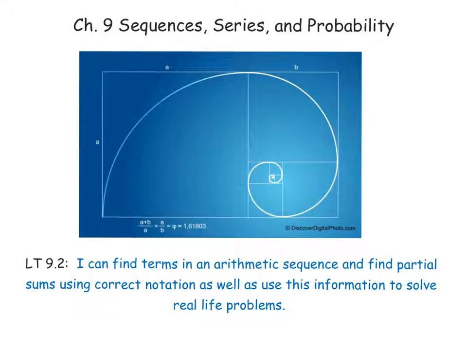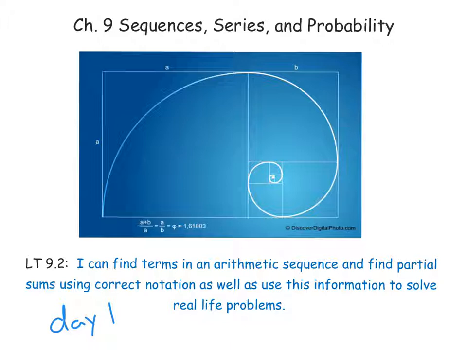All right, 9-2 day 1. Focus is going to be a specific type of sequence called an arithmetic. When you see it, it's probably going to look and feel kind of like a linear pattern, because that's pretty much what it is. 9-2, by the way, will be split up